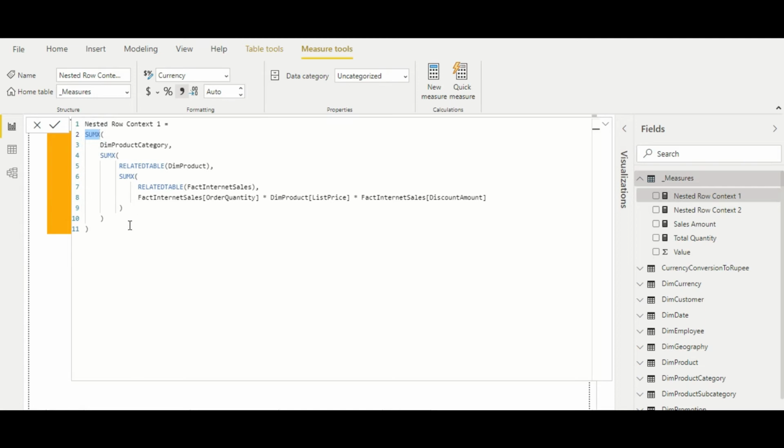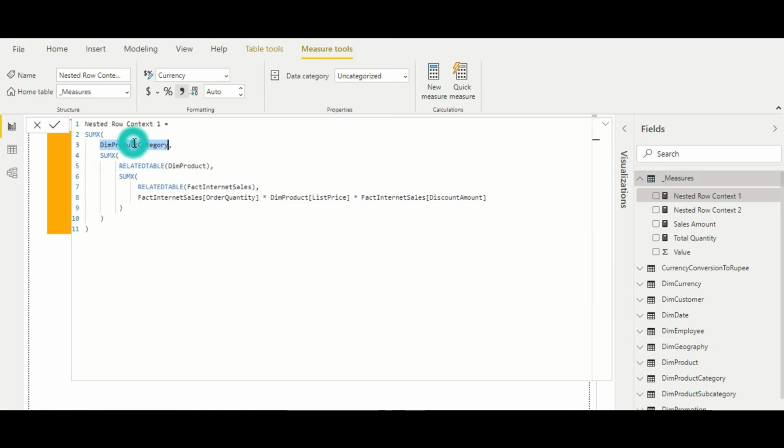As you can see, I have taken multiple SUMX functions. This is the first function, in which I am taking DimProductCategory. If you remember, this is an iterator function. The first argument is the table itself or a table expression, and then the second argument will be evaluated. For the outer SUMX function, this is the first argument, and this whole SUMX is the second argument.